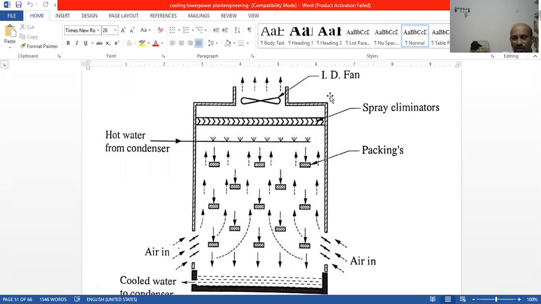Same as that. Here, on the downside, we are using the fan. Over there, we are eliminating that hot air. Here, we are cooling that air. Over there, we are eliminating the hot air.